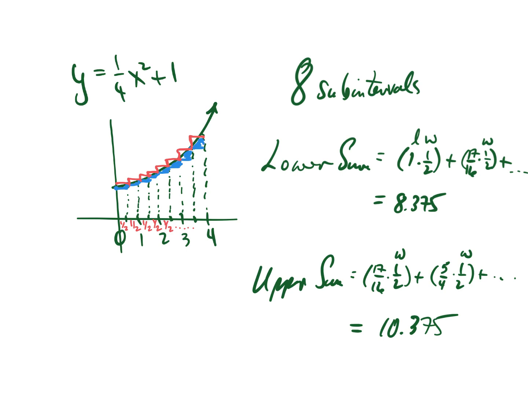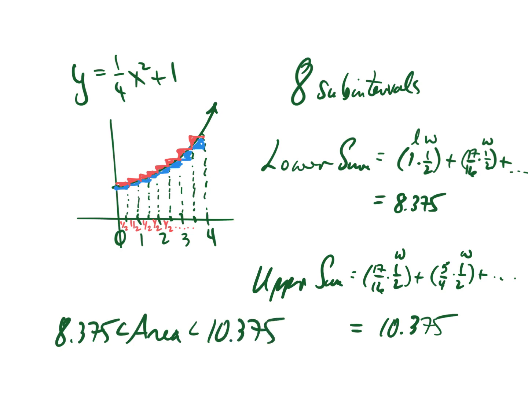The blue is too small because we're not taking into account all of those little blue wedges. That's too small. The red is too big because we're overdoing it by each of those little red wedges. So once again, the actual area is going to fall somewhere in between 8.375 and